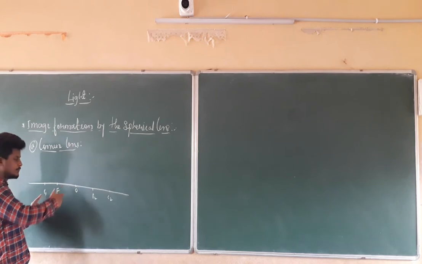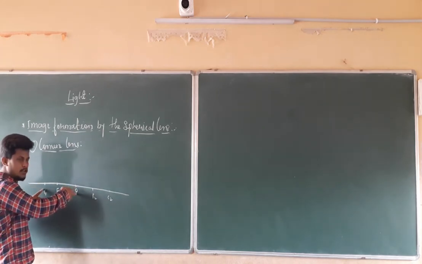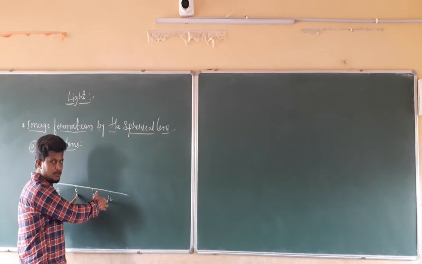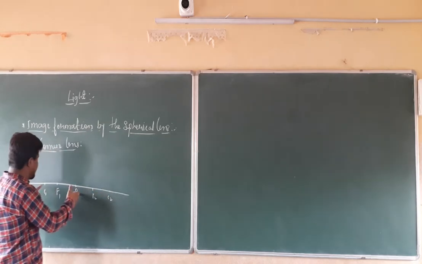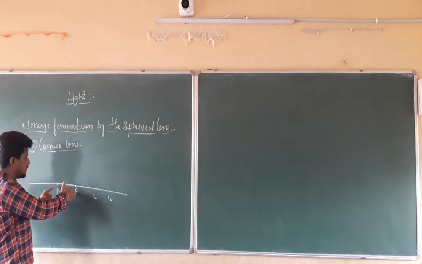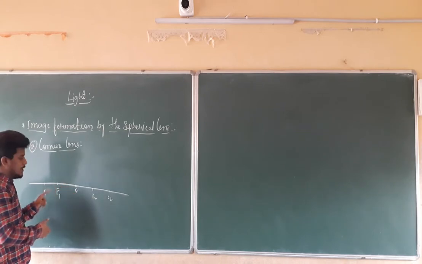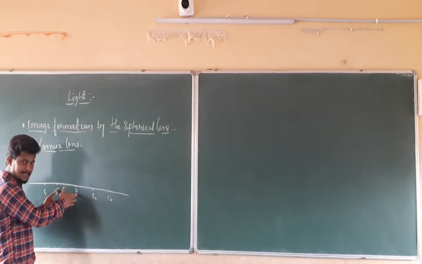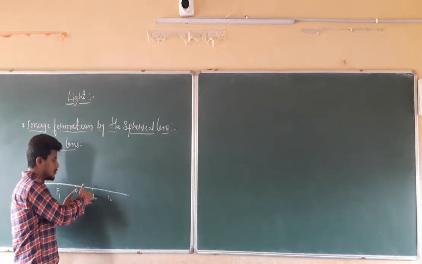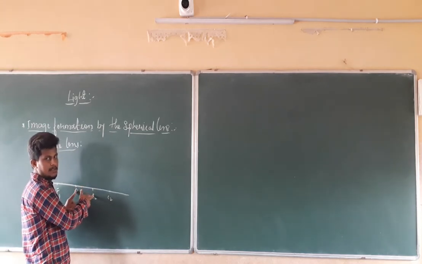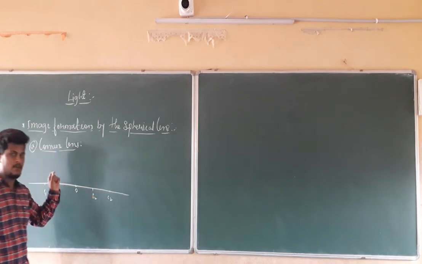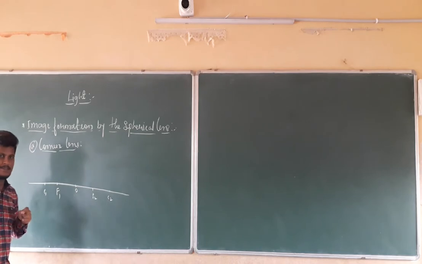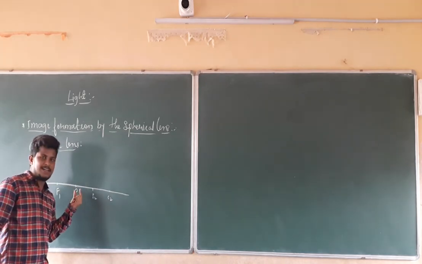If I take this length equal to 6 cm, this is also equal to 6 cm. If this is equal to 6 cm, what will be the length from F1 to O? This will be half of O to C, that is, 3 cm only. This is also equal to 3 cm. In this way you have to take the dimensions. Now to draw a convex lens, you already know that it will be thicker at the middle.